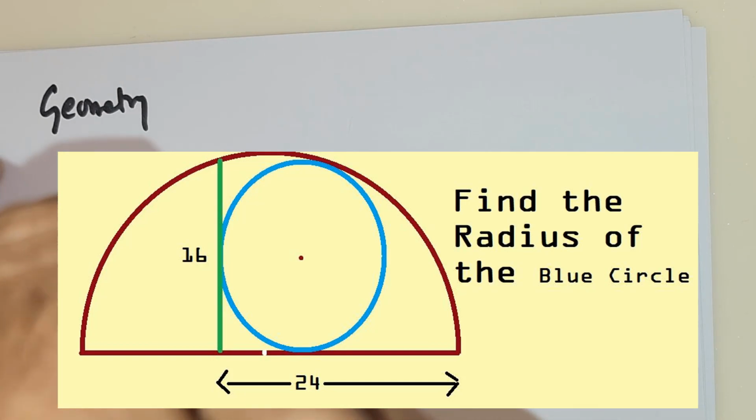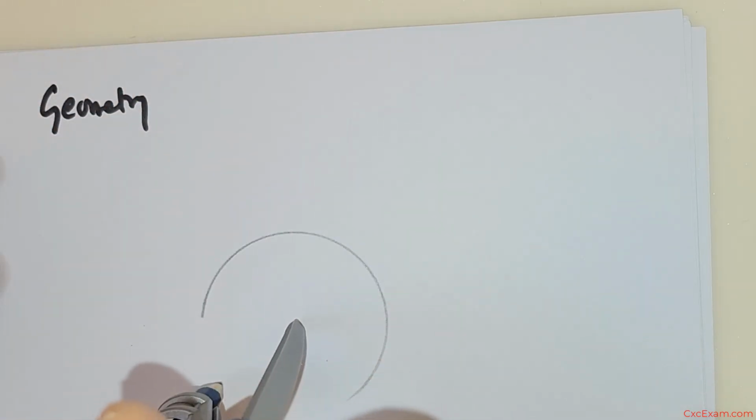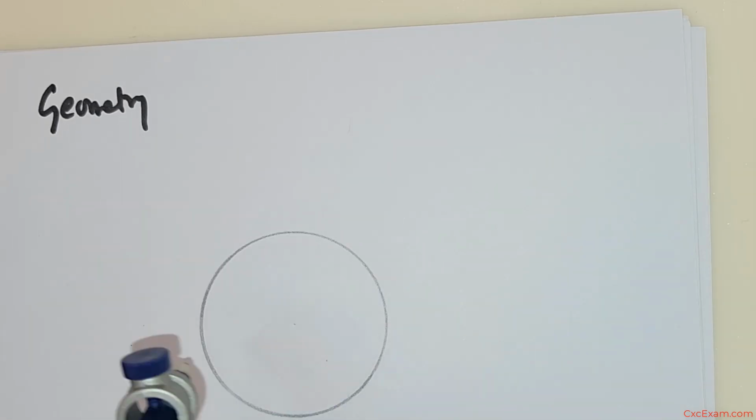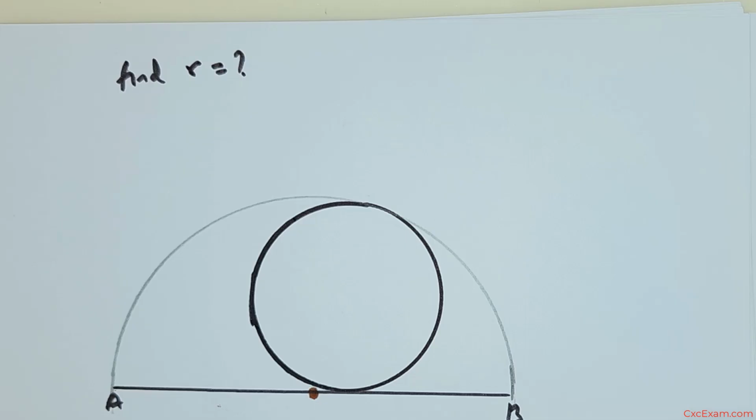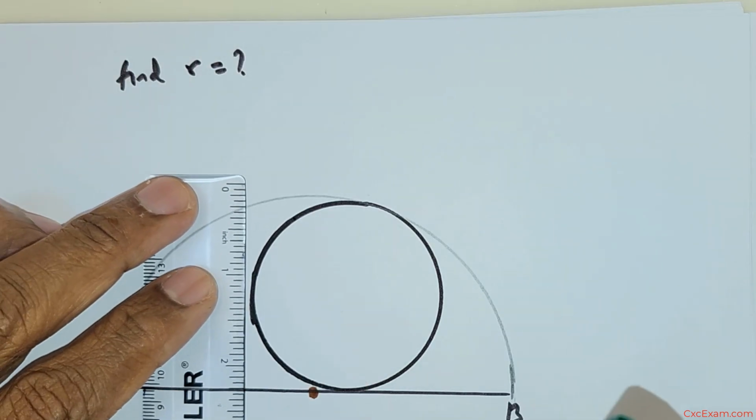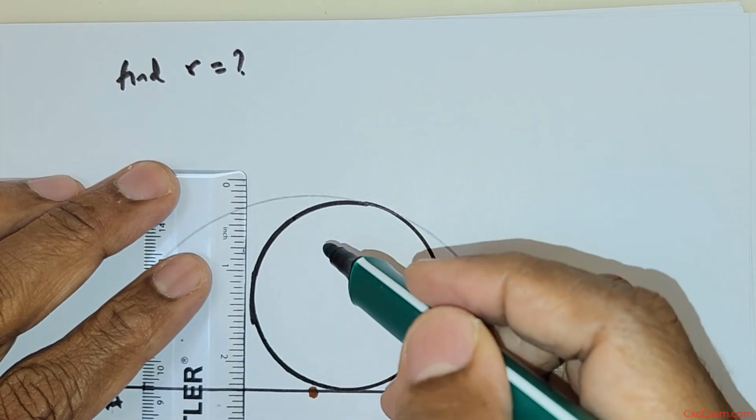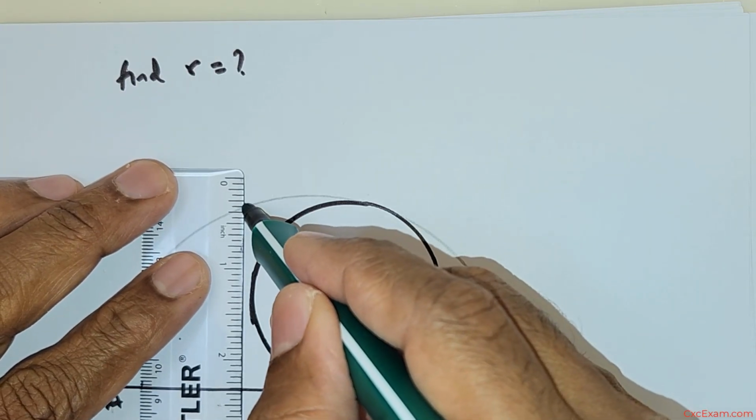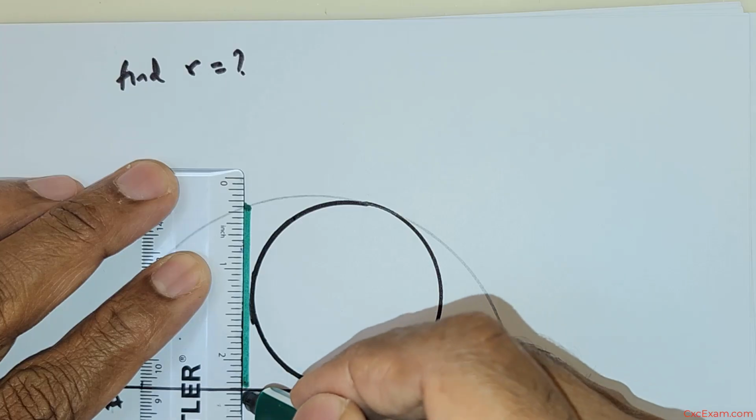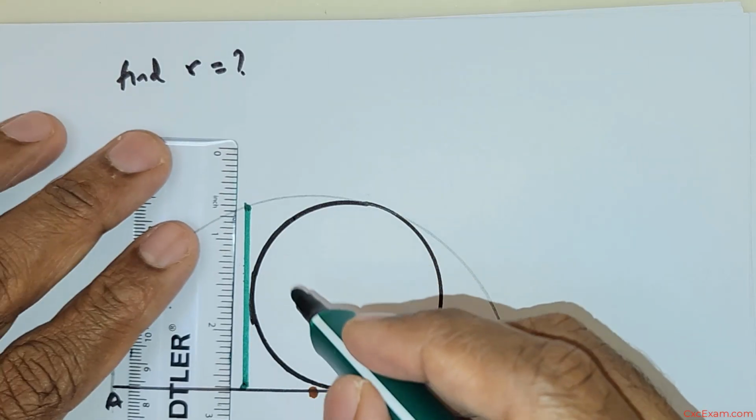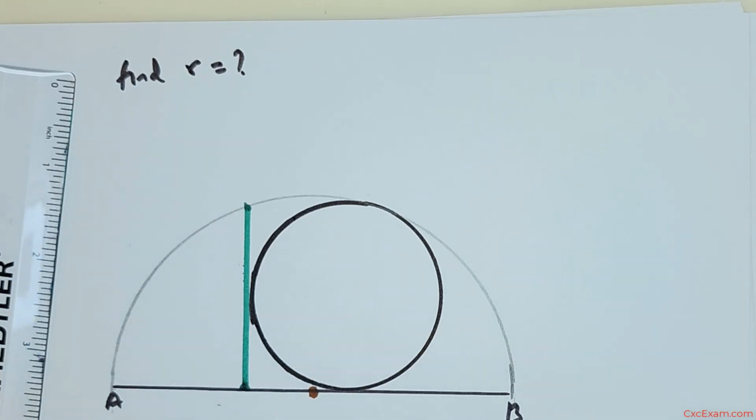Foremost, we will have to create a circle. Okay, so we got the semicircle, and inside the semicircle we have an inscribed circle. Now we are given this length. Okay, this length is given,